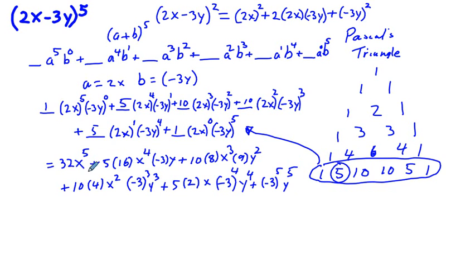Now we're going to simplify everything here, and the numbers might get kind of big, so for these things a calculator could be helpful, and I don't know if I'm going to be able to make this without a calculator, but we're going to make a final simplification here. So our first term is going to be negative 32 x, and then 5 times 16 is going to be 80, and 80 times negative 3 is going to be negative 240, so I'm going to have negative